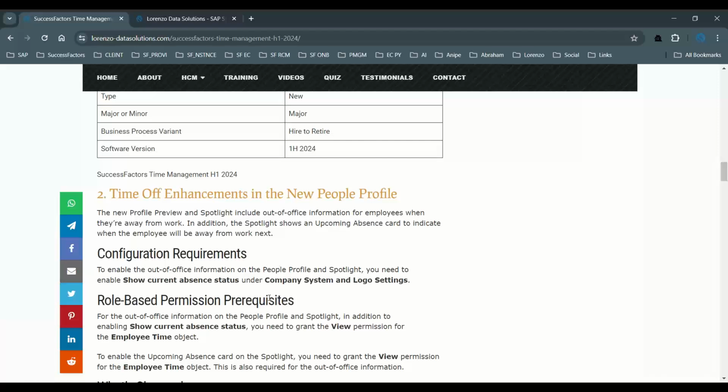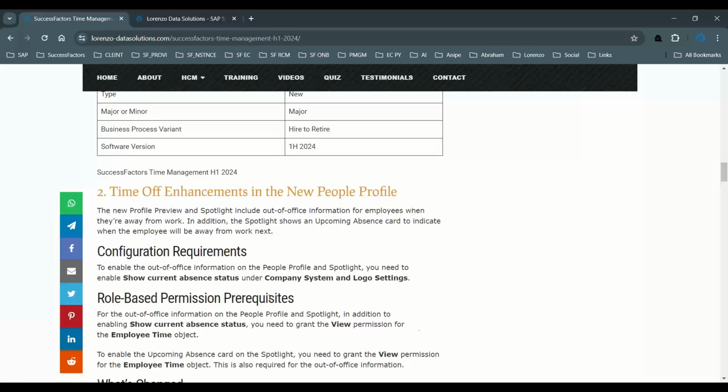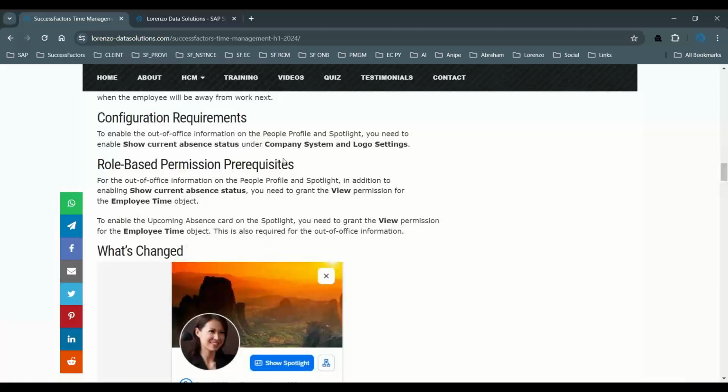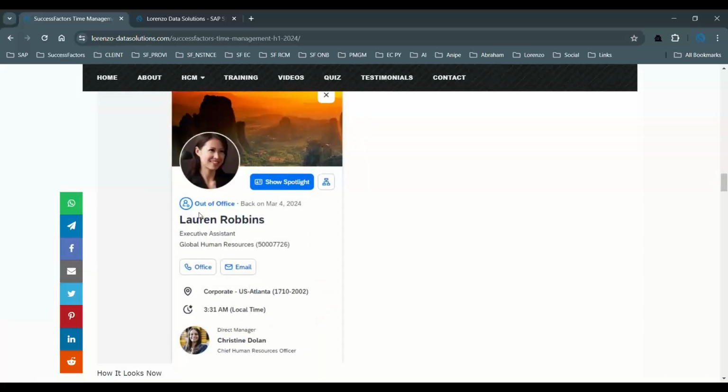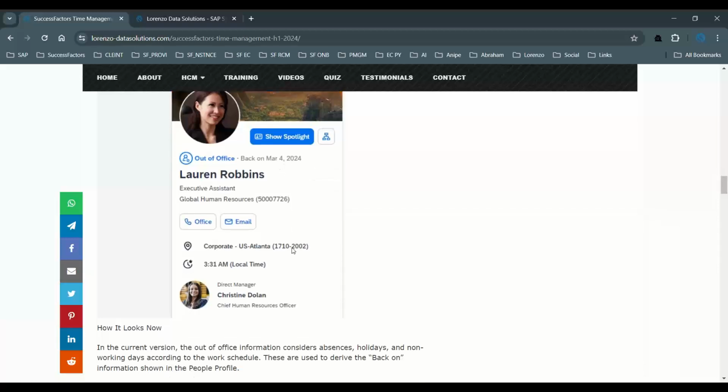Even in the spotlight, it shows the upcoming absences when they are away from work next week, etc. If you want to enable this one, you need to go to the company system or logo settings, and there is an option. If you use Control F and search for it, you will find an option called show current absence status. If you enable it, you will be able to see in the spotlight view